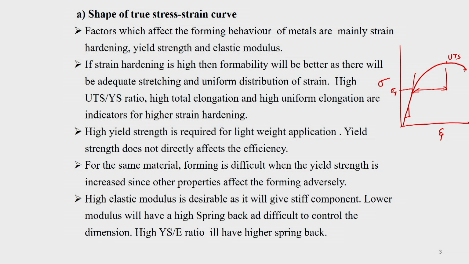If you have one material, you can do some thermomechanical treatment, and with thermomechanical treatment you can either increase the strength or decrease the strength. So, if you increase your yield strength by some thermomechanical treatment, naturally forming becomes harder, and if you reduce it, forming becomes easier. So, for forming, it is better to reduce the yield strength and after the deformation process do some heat treatment so that your yield strength is increased. That is the best advantage of doing it.